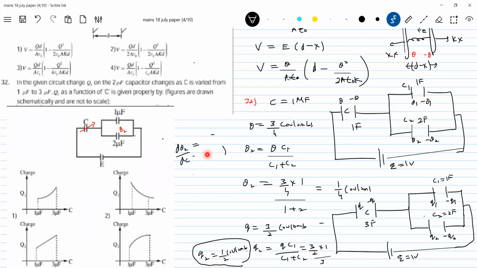Okay, that one. I think you have to check this one. 3 by (3 plus C) whole square. That E we took as 1, let's not bother, no problem. Now this you check, its slope. So what is it, greater than 0 or less than 0? Based on that, we can pick the graph here. I think this will come.